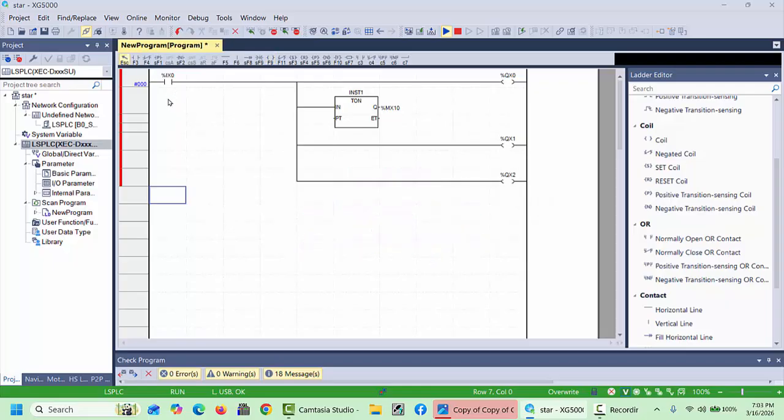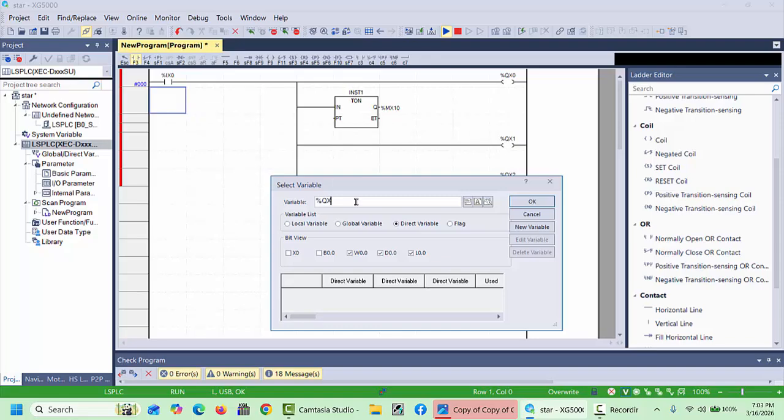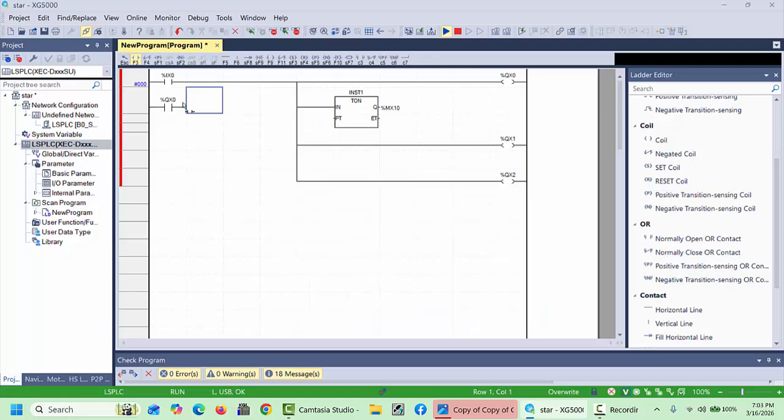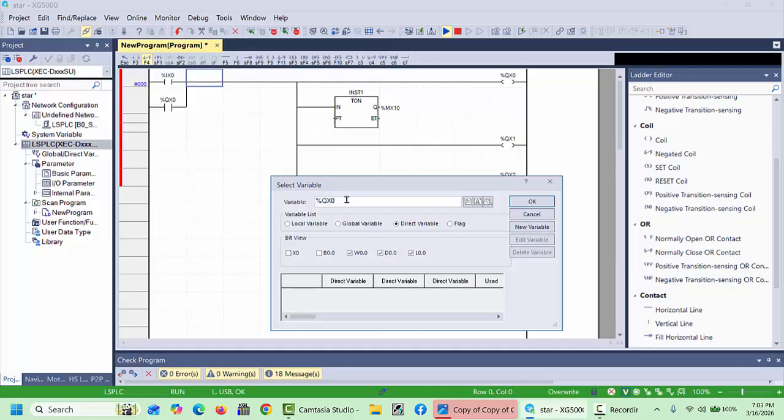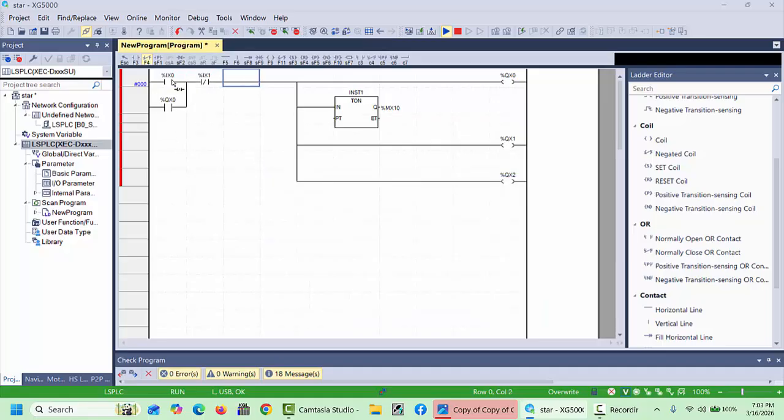And here we will take one holding contact of the QX0, because when we push the button IX0, our system needs to hold, and when we would like to stop the system, we will take one closed contact and place it here, and this number we will give IX1 for an example. So when we push IX0, our system will start. When we push IX1, the system will stop. And here next we will take one open contact of the MX10,